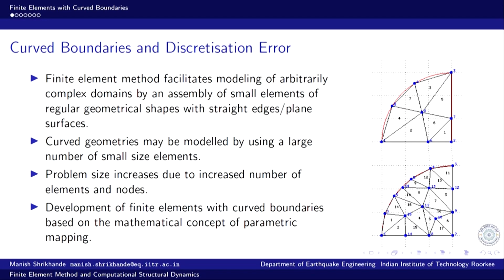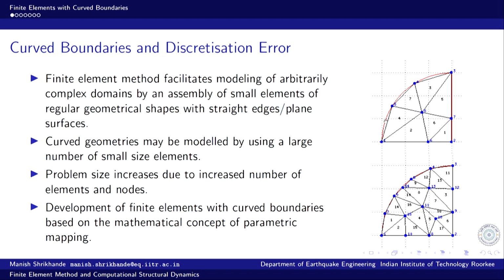So, just to explain the concept of discretization error and the need for modeling curved boundaries, this is one quadrant of a circle. It can be a plane stress model or whatever two dimensional geometry. In this case it is modeled by using 7 finite elements, triangular, constant strain triangles, and you can see the discretization error here. The original domain is this circle, the arc of this circle, and this part is left unrepresented, and similarly for this.